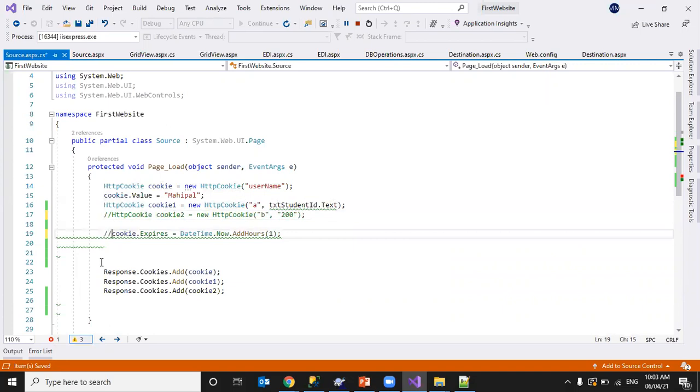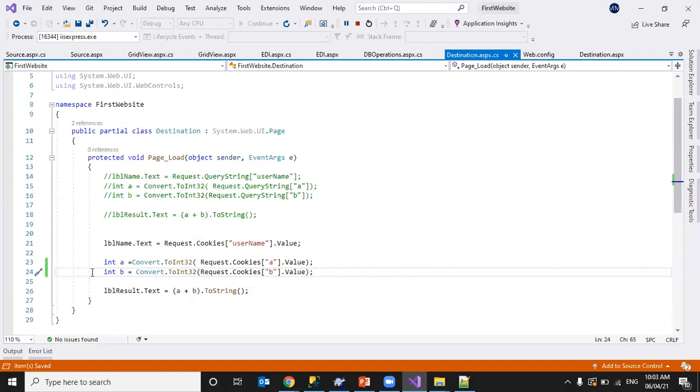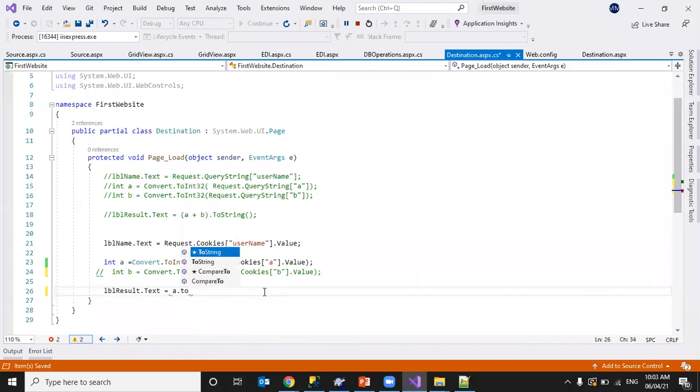So I'll comment it. In the destination page, I'll access only A. That we have in a different page. Whatever the passed ID is, I'll show here. I'm not binding any grid here.